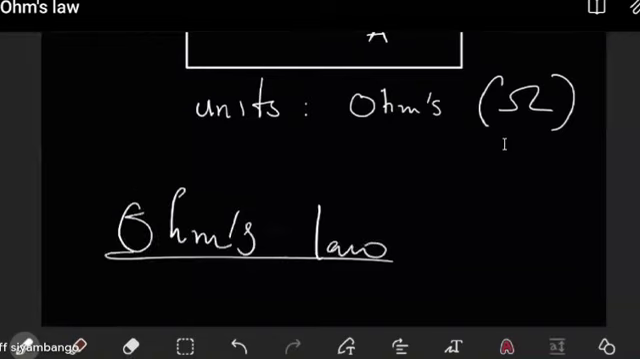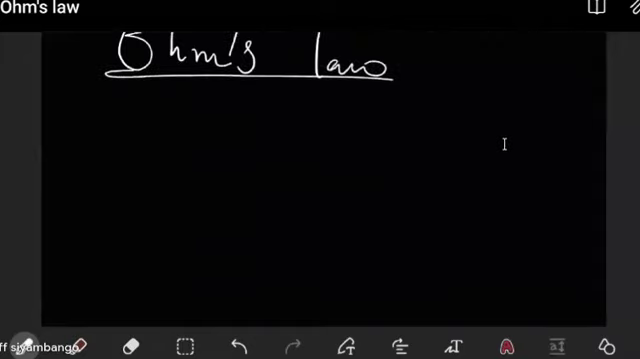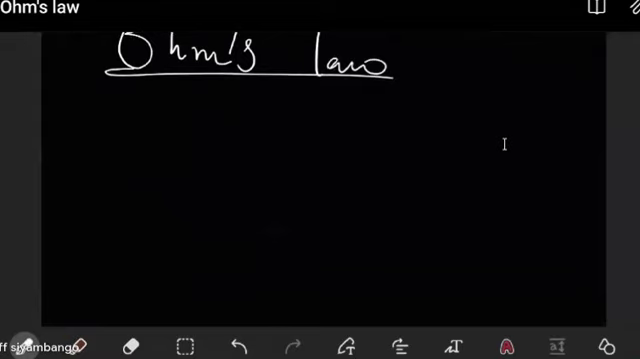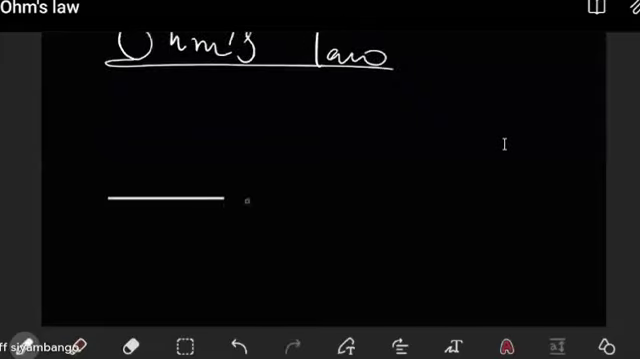Ohm's law just tries to account for the relationship between the current passing in a material to the potential difference that is driving that current through the material. It states that the voltage across a resistor will be directly proportional to the current flowing through the resistor. So if you have a resistor like this,